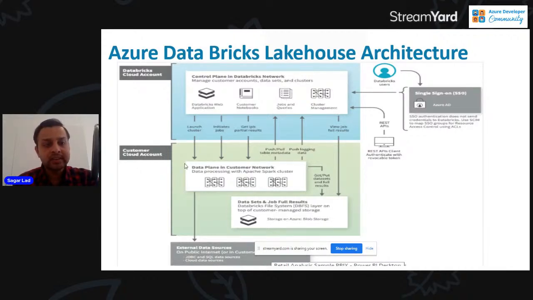Now, coming to the customer cloud account, we have a data plane in the customer network. You can deploy your Databricks workspace in a public network or also in a custom VNet. So you can create a custom VNet inside your company's premises using a virtual network and the NSG rules you want. It can then be deployed, but it won't be accessible outside your customer premises. So the data plane in the customer network is where the front end of Databricks will be present,